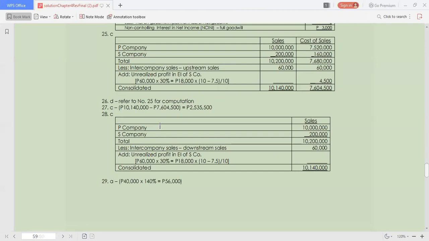So what we have now is, instead of Patty selling the merchandise, it's Shannon. So 60,000, and we are now adding the unrealized profit in the ending inventory, because the seller company now is Shannon and the buyer is Patty. So in number 28, 60,000. The ending inventory is 30%. We have 18,000 times